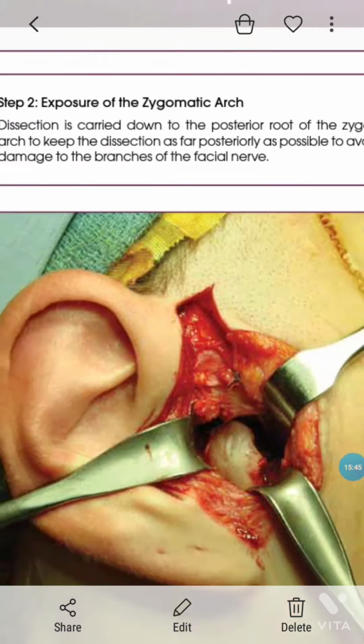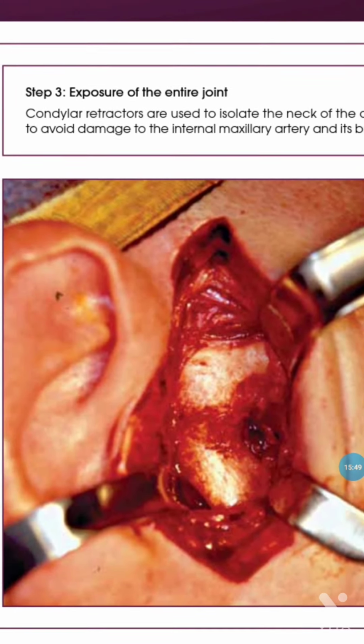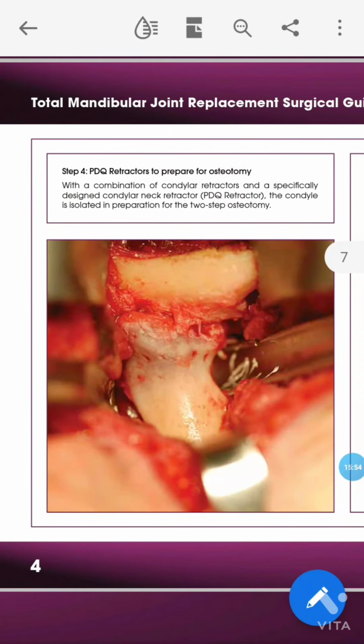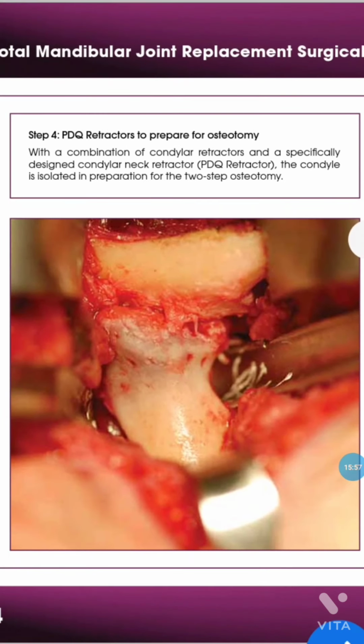Again followed by ramal exposure. Then you begin the osteotomy with the 1.0 mm fissure burr. A T-bar osteotome is then used to finish the osteotomy.